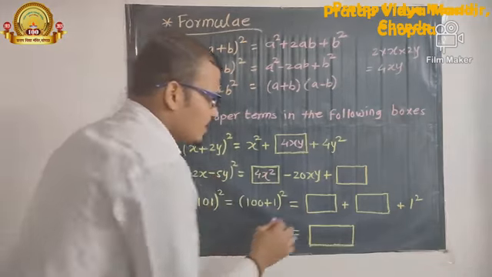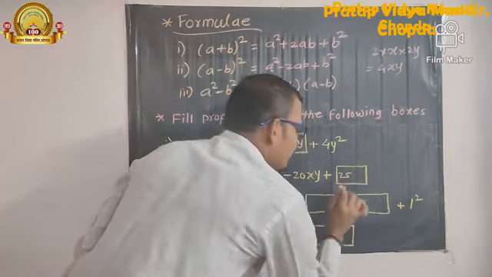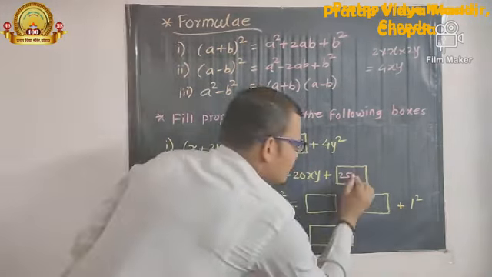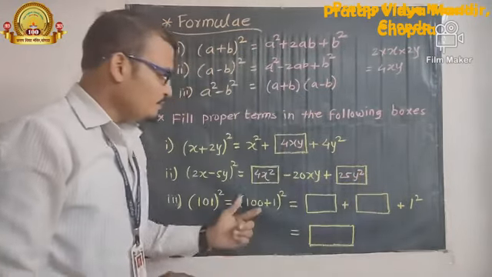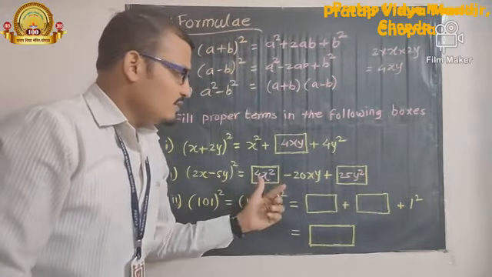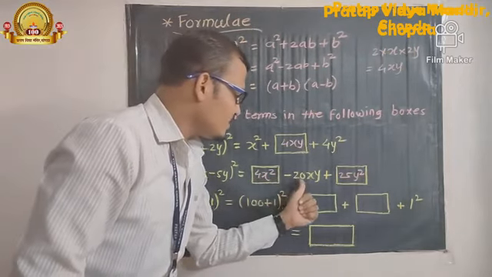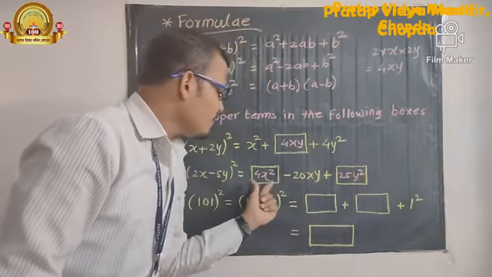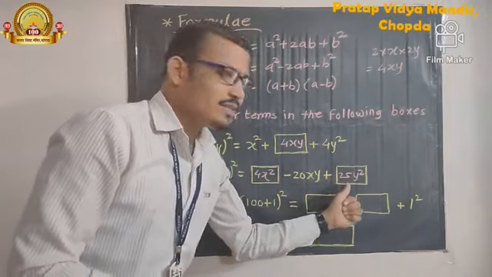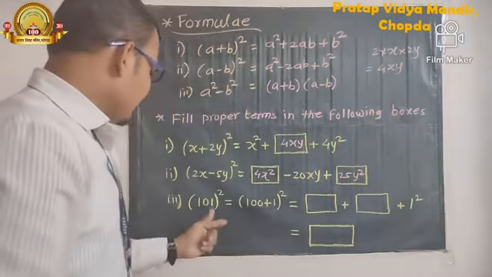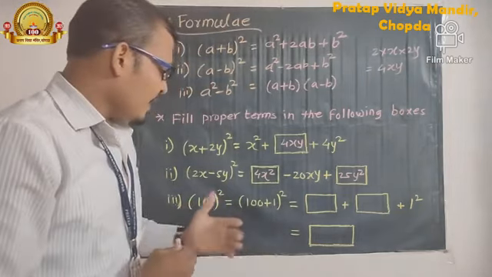What is the square of 5? That is 25, and the square of y is y². So our required expression is 4x² - 20xy + 25y². Then our third and last activity is